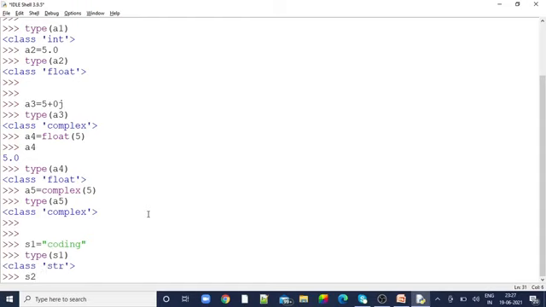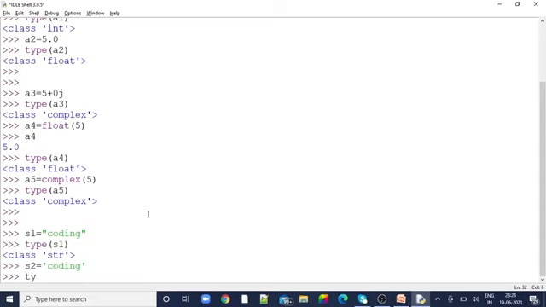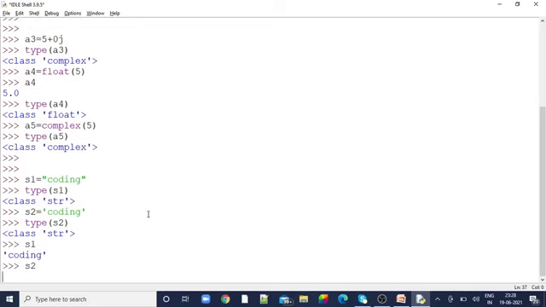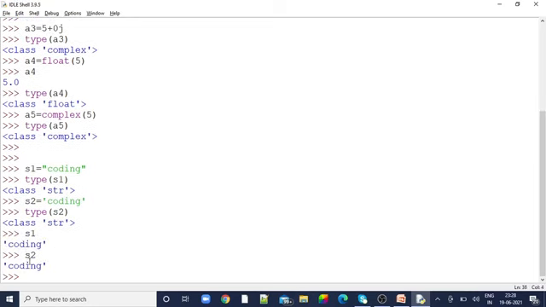Now S2 is equal to single quotes, I'm going to give the same coding, and type of S2 is still a string. So whether I give double quotes or single quotes doesn't matter, it's taken as a string, the same string is getting displayed and it's class str.